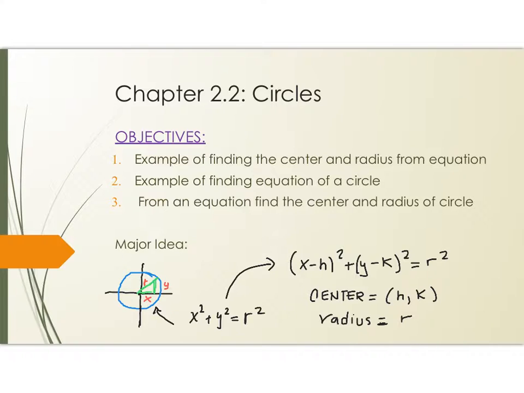Our examples in this section are finding the center and radius from an equation. We're going to have an example of finding an equation of a circle, and then from an equation find the center and radius of a circle. So our major idea is we start out with our center being at 0, 0,